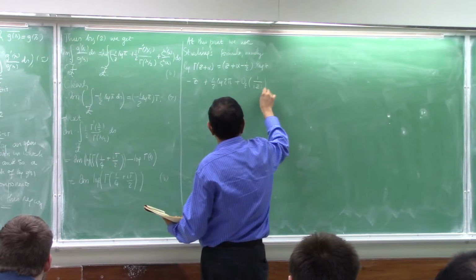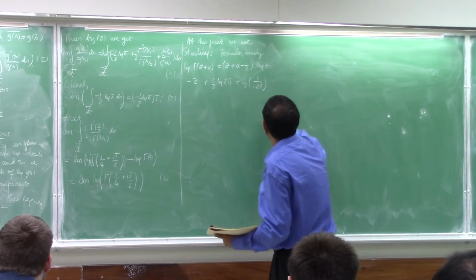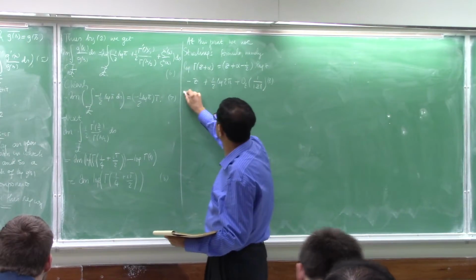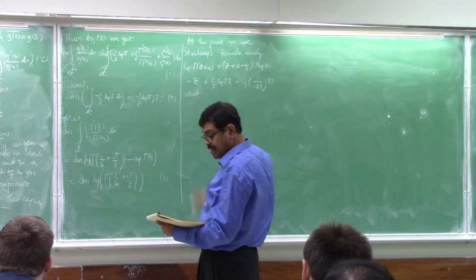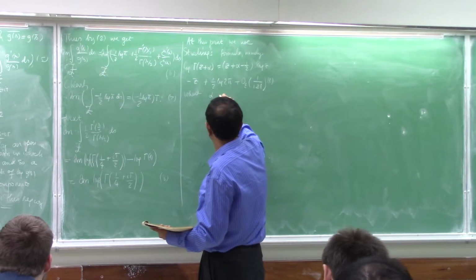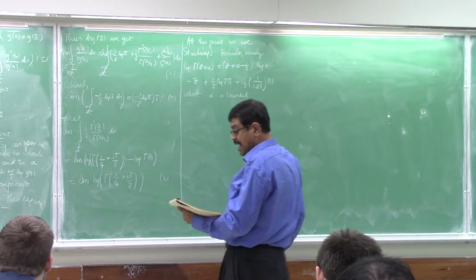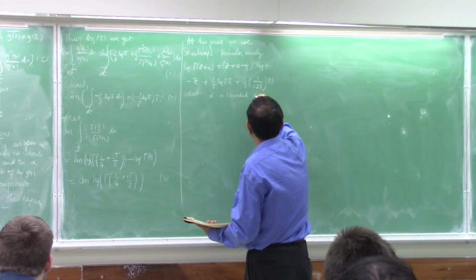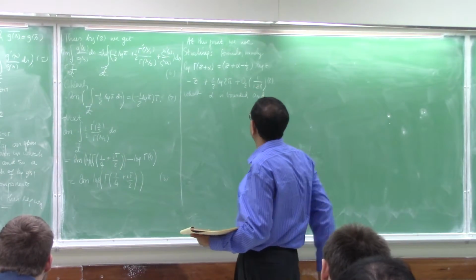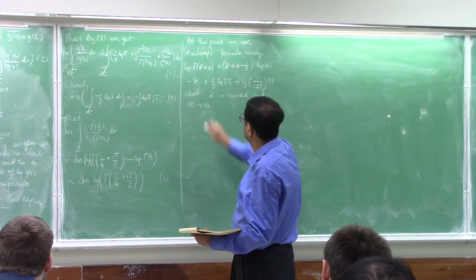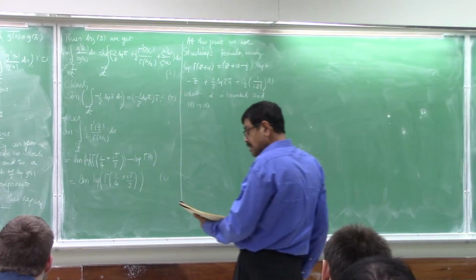So I'll explain this, where alpha is bounded, so alpha is a bounded quantity, and this is an estimate which is valid as z tends to infinity, but